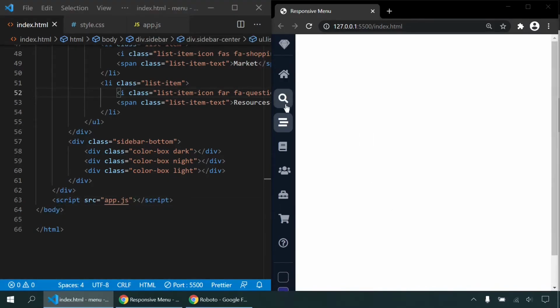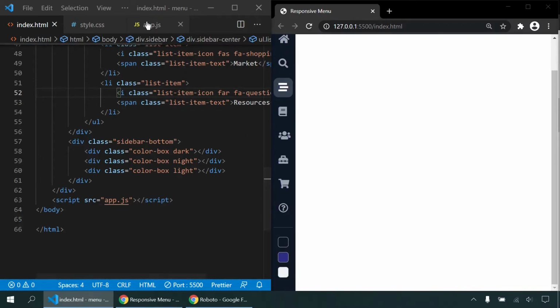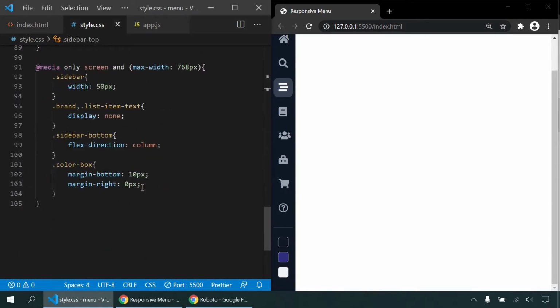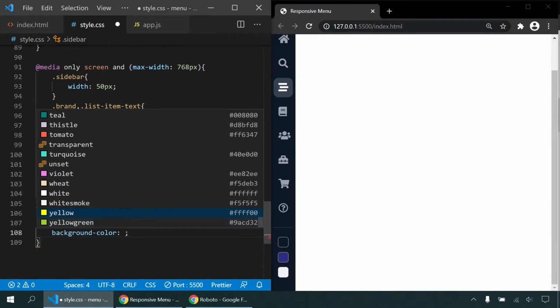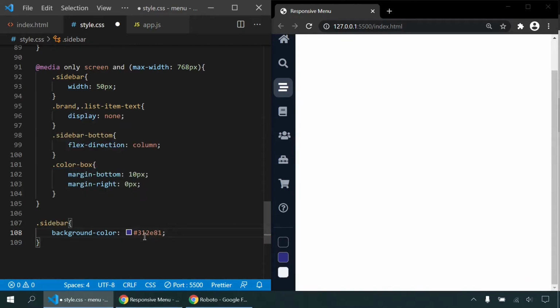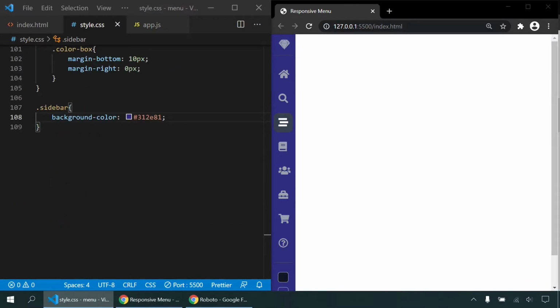But before, let's change this color of the menu and menu items according to every color here. So I will come here and write sidebar, and it's the dark mode. For night mode, it's gonna be background color. Okay, it's gonna be our night mode. And for text color,